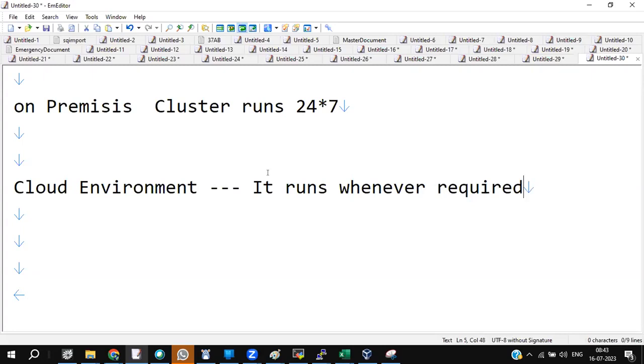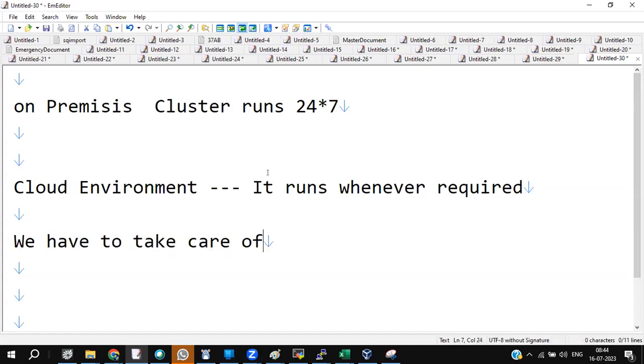In the on-premises cluster, the cluster runs 24/7. But in the cloud environment, it runs whenever required. So we have to take care of starting and stopping the cluster. You got the reason, all of you?